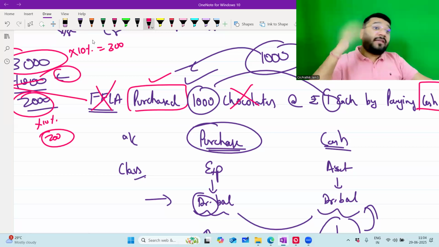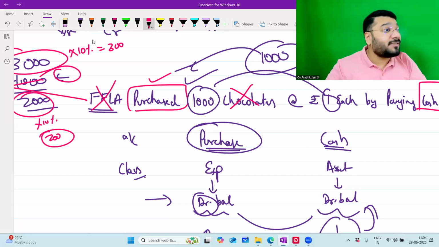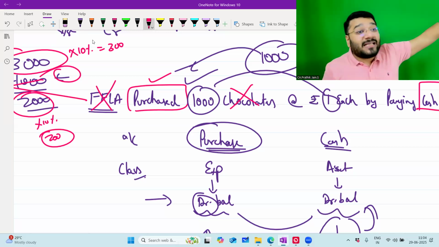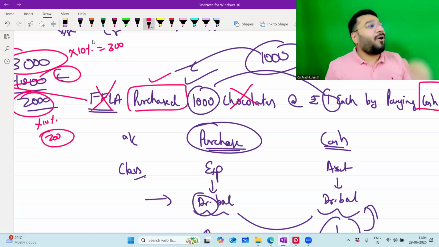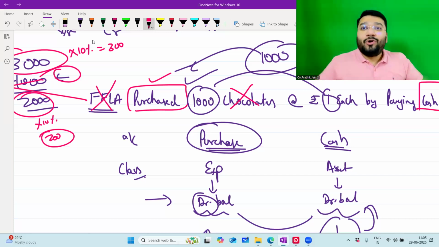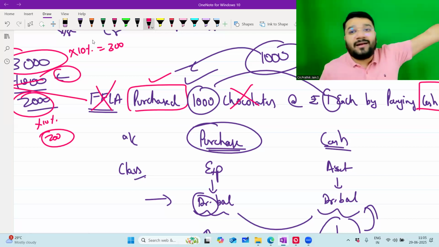Which means everything that I buy at home, everything that I buy for home, can I record as expense in my business? The income tax department says that for the business, whatever income you're earning, for that what you're spending, that only I allow as expense. Every other expense that you incur at home, you can't record here. If they allowed it, what would you do? In your business, if 10 lakh is profit, to reduce it to zero, what will you do? All the household expenditure will be recorded here. Then nobody will show profit. Nobody will pay tax. Then how will the income tax department get the revenue?